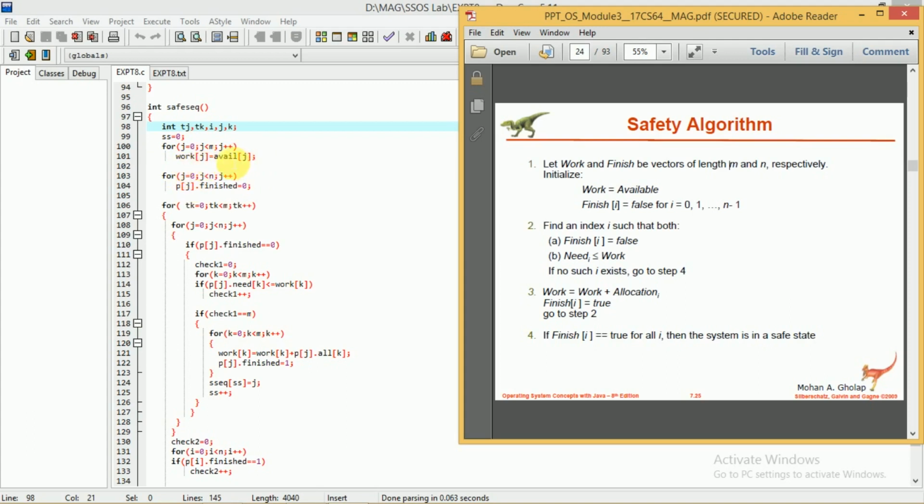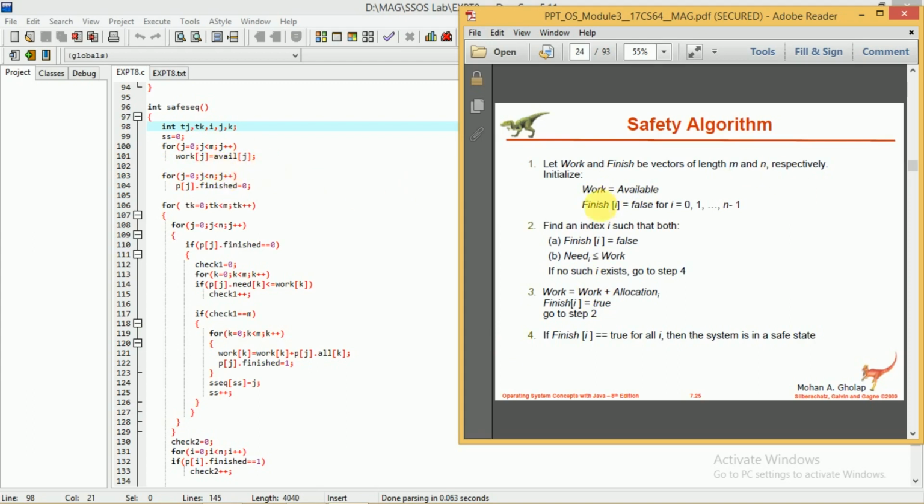So already we have the particular array, that is avail, which will hold the information of the available vector. So we have to initialize the work with available. So this is the first step, work is equal to available. This is implemented here, that is for j equal to 0, j less than m, j plus plus, work of j equal to avail of j.